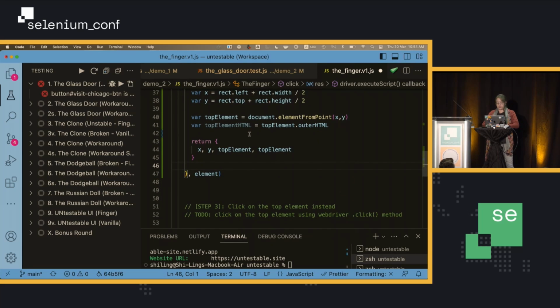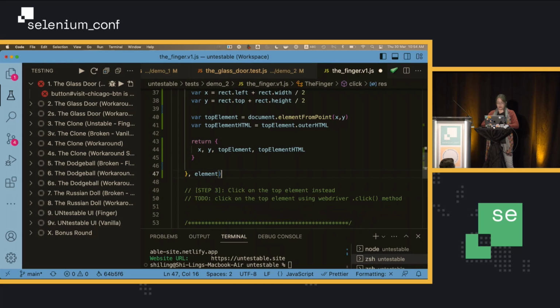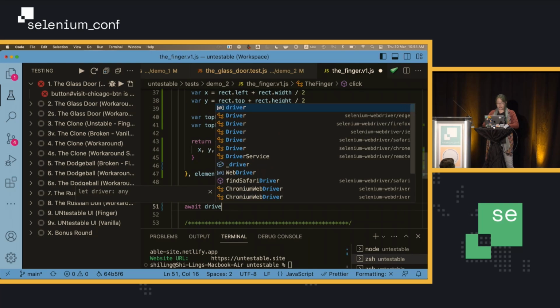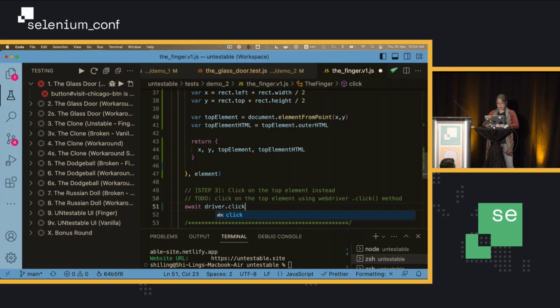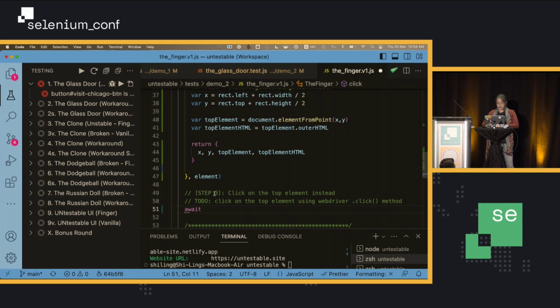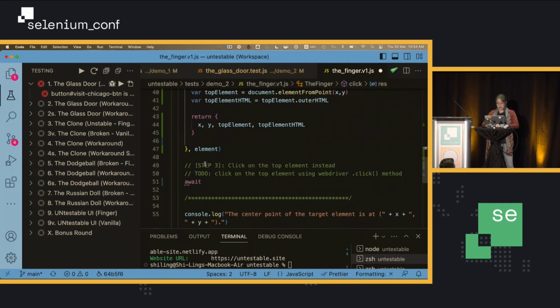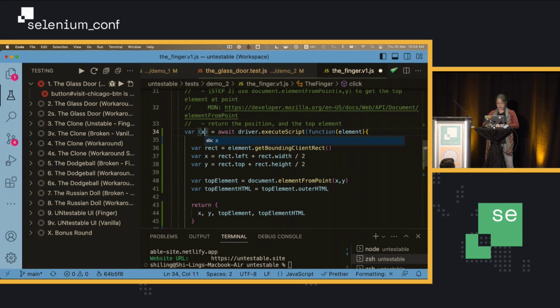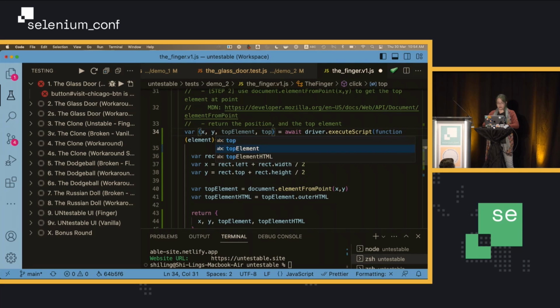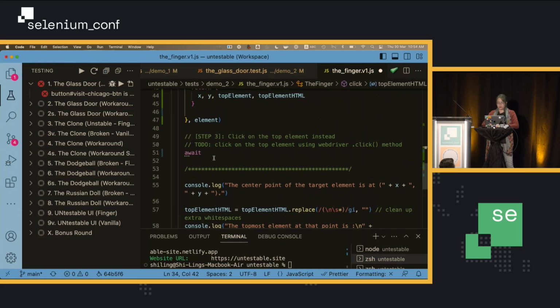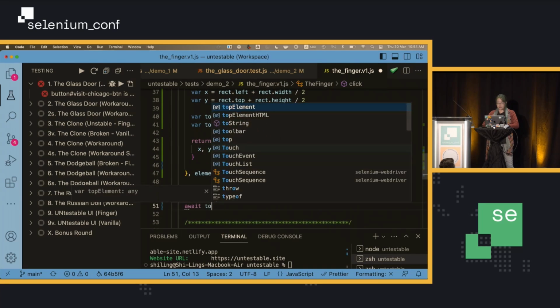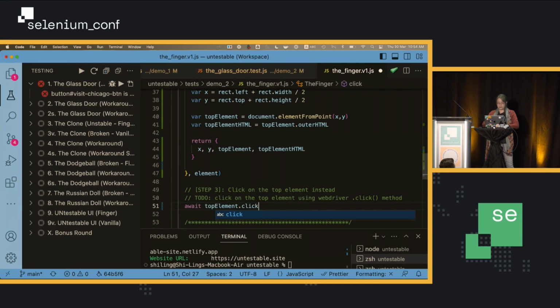Finally, once we have this returned to the testing script, we are going to use the WebDriver click command to click on the top element instead. So we'll do await driver.click, wait, wrong. I will have the response here. Let me deconstruct that: x, y, top element, and the top element HTML. So what we do is we will await the top element.click.